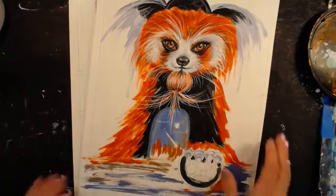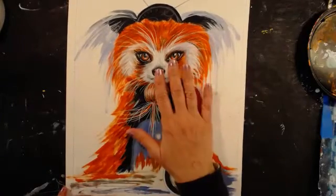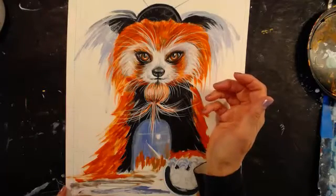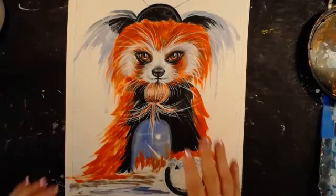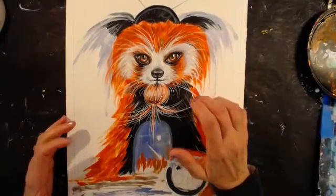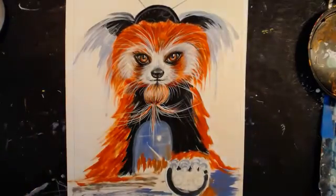It's Monday, and on Saturday I did an impromptu and worked on another version of my red panda. I'll call it a red panda fox because it's kind of like a combination. Of course, I knew I wasn't going to be able to finish it, so I'm going to finish this one up on one recording. And then I think I'm going to do another recording, and then we have the options of